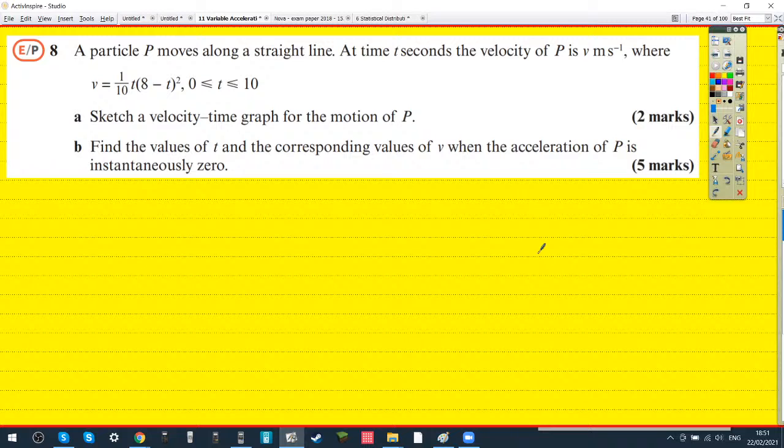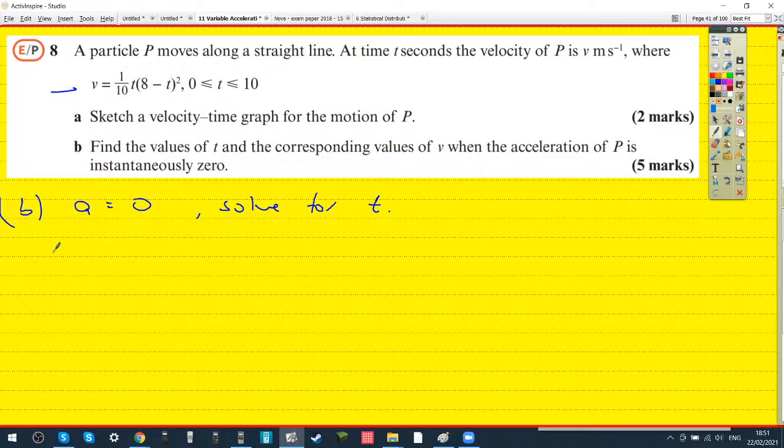For B, that means that V is 0. Oh no, A is 0. So strangely for this one, A is 0. Yeah. Solve for t, and then sub those into the